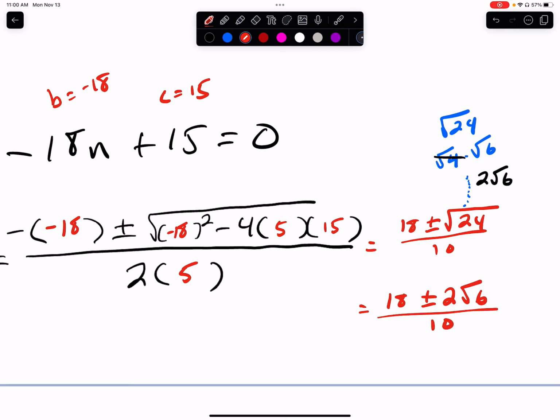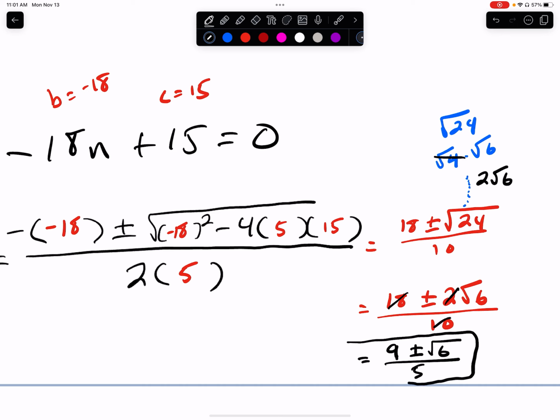And you can see that everything will simplify here, right? Everything is divisible by 2. So we would get 18 divided by 2 is 9 plus or minus 2 divided by 2 is 1. So that just goes away. And then 10 divided by 2 is 5. And then that is your final solution to the problem. There are two numbers, two irrational numbers that are